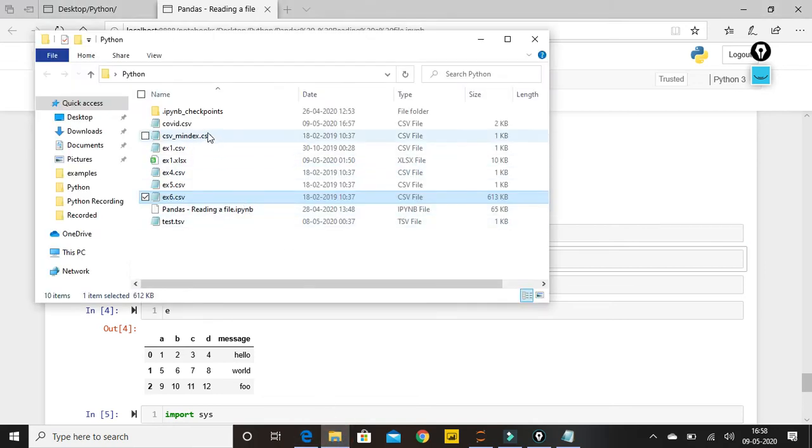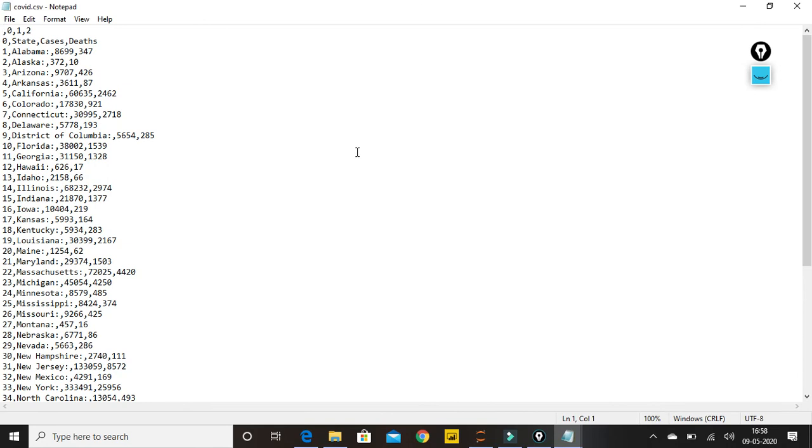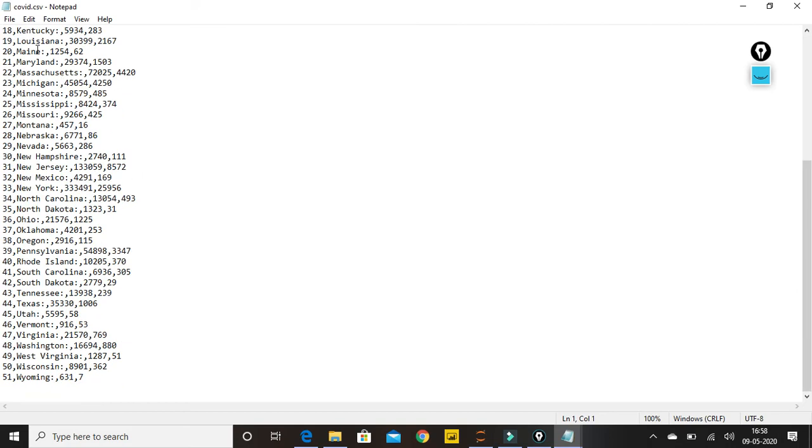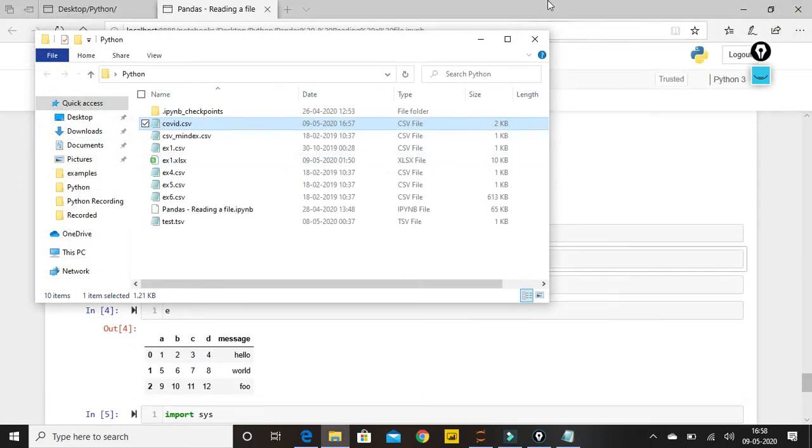Okay, you see over here a minute ago 1657, now it's 1658, this CSV has been created. When I open this CSV, you will be able to find out how easily I can export into any of the formats from my Jupyter notebook. Everything is in comma separated values because we are exporting in CSV file. Now if you need to change the separator, currently it is comma, then it will be easy.